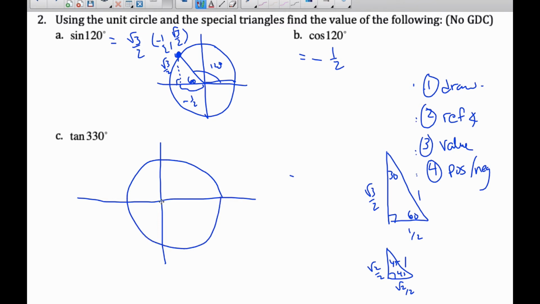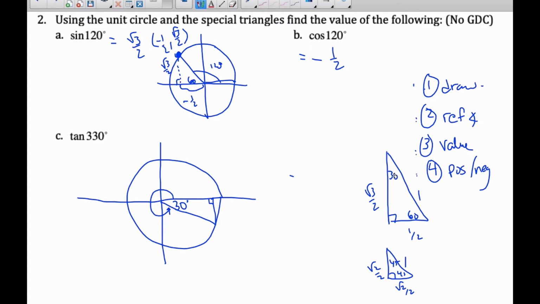Okay, I know it is here. I draw it out and I draw my triangle to the x-axis, always to the x-axis, because then I get the correct reference angle, which in this case is going to be 30, because that's 330 here. So I've drawn out, I've got my reference angle, and now I need to find the value of tangent of